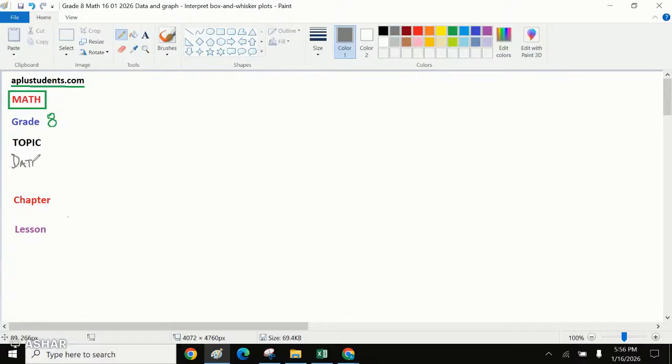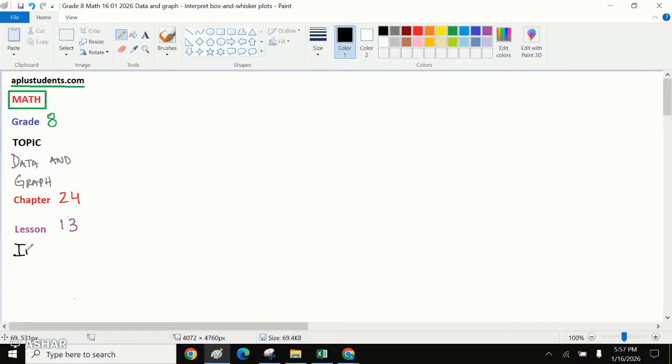Data and graph. The chapter number is chapter 24. The chapter number is 24. And the lesson number is lesson number 13. And the lesson number is 13. And the name of the lesson is